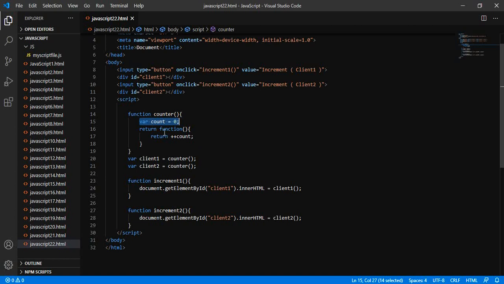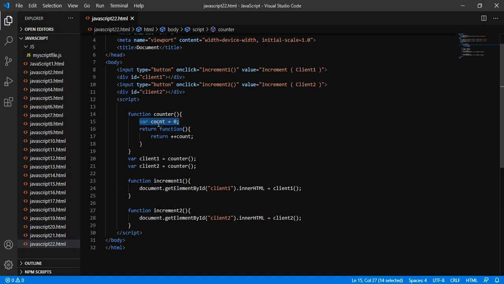In the previous example, the count variable was outside and accessible to both functions. That is why we had the problem of not being able to get separate increments for client 1 and client 2.